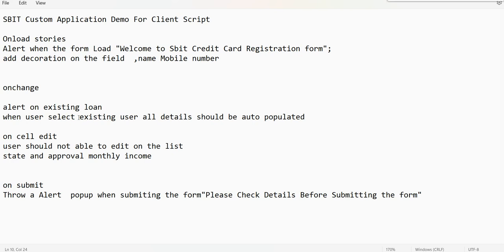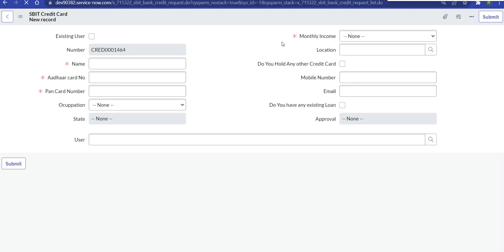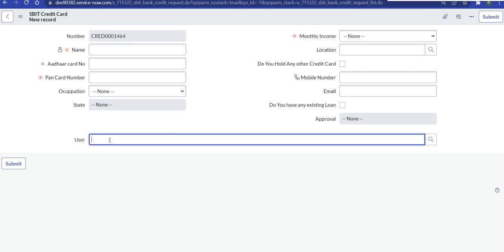See, when the user selects an existing user, all the details should be auto populated. This is the form. When the user selects the existing user, for example, I'm just reloading it. It is taking some time, okay. When the user selects this, it's working on load, right? So when the user selects this existing as true, then when the user selects, for example,